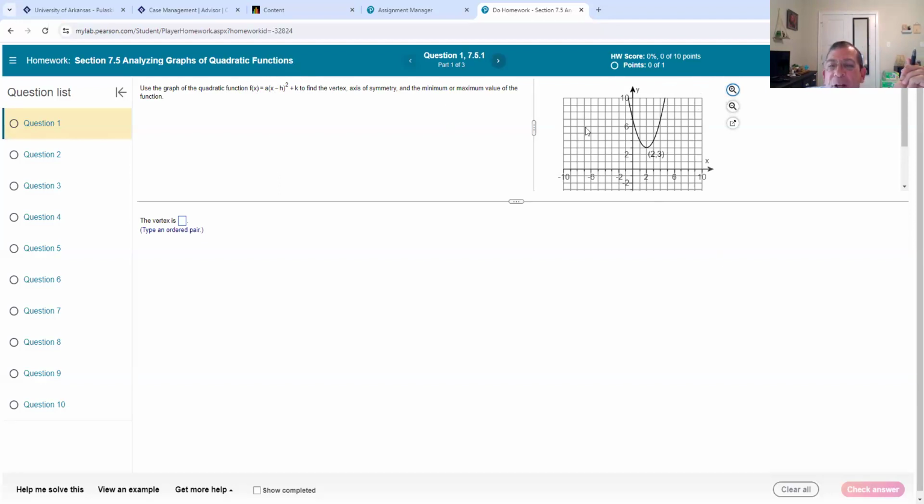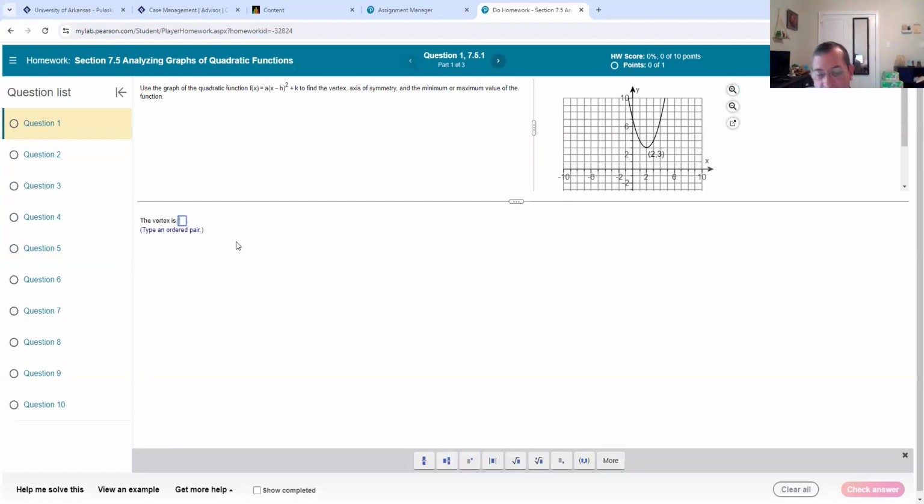Well, y'all, they're giving us the graph. So they want us to look at this graph and give them the vertex. Well, they got the vertex listed right there as an ordered pair. They're telling us that that vertex there is 2, 3. So you're going to come in here and plot that point 2, 3. Now remember, it's got to be in parentheses because this is actually an ordered pair. So once we put that point in,